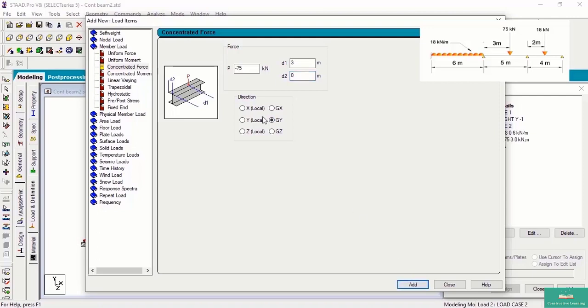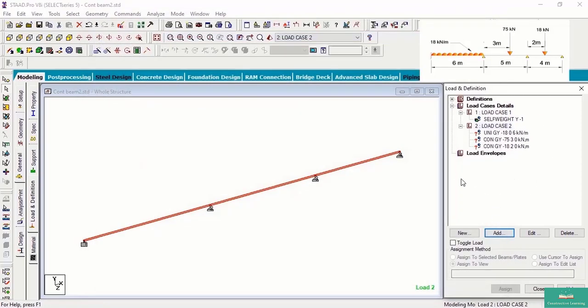Click on add. One more load we have, which is 18, and it is at a distance of 2 meter from C point. So click on add, click on close. After this, we can see all the loads which we have created.